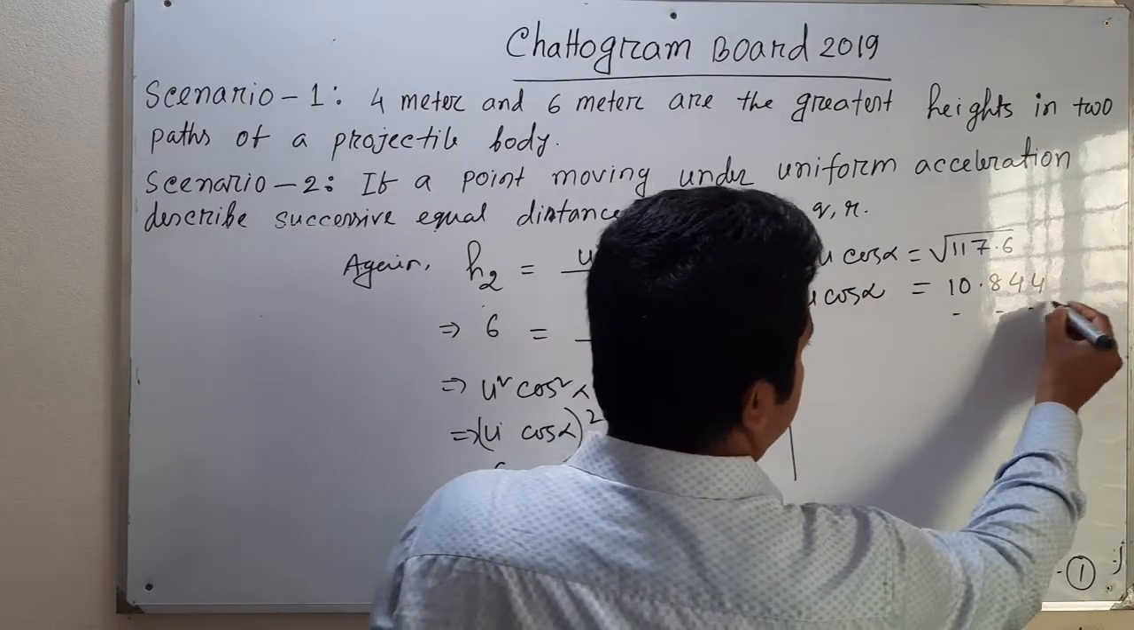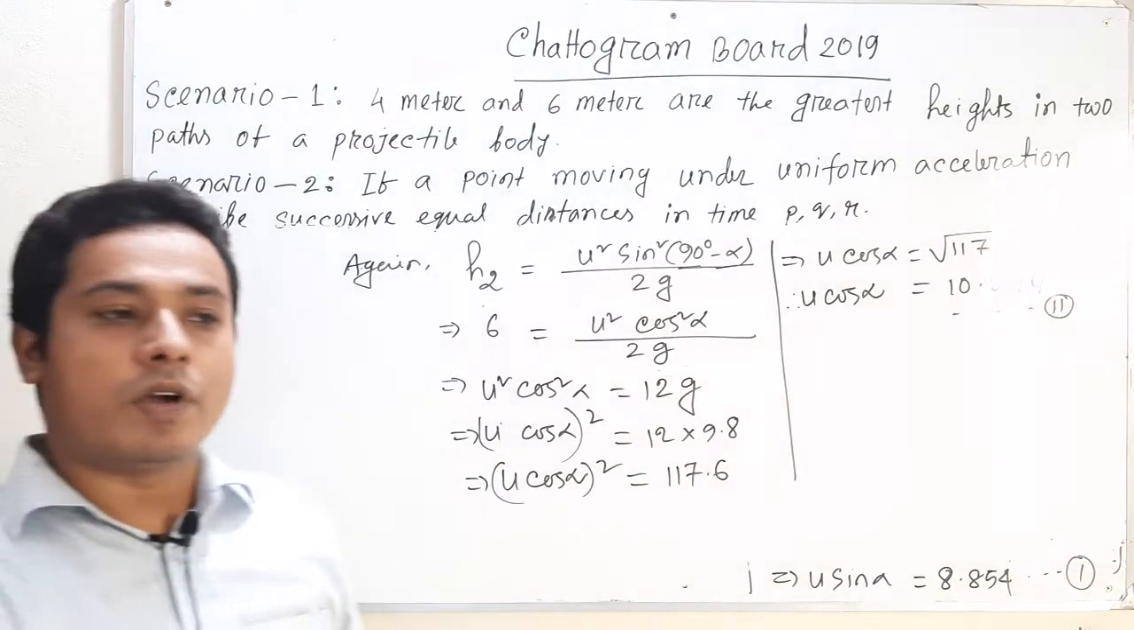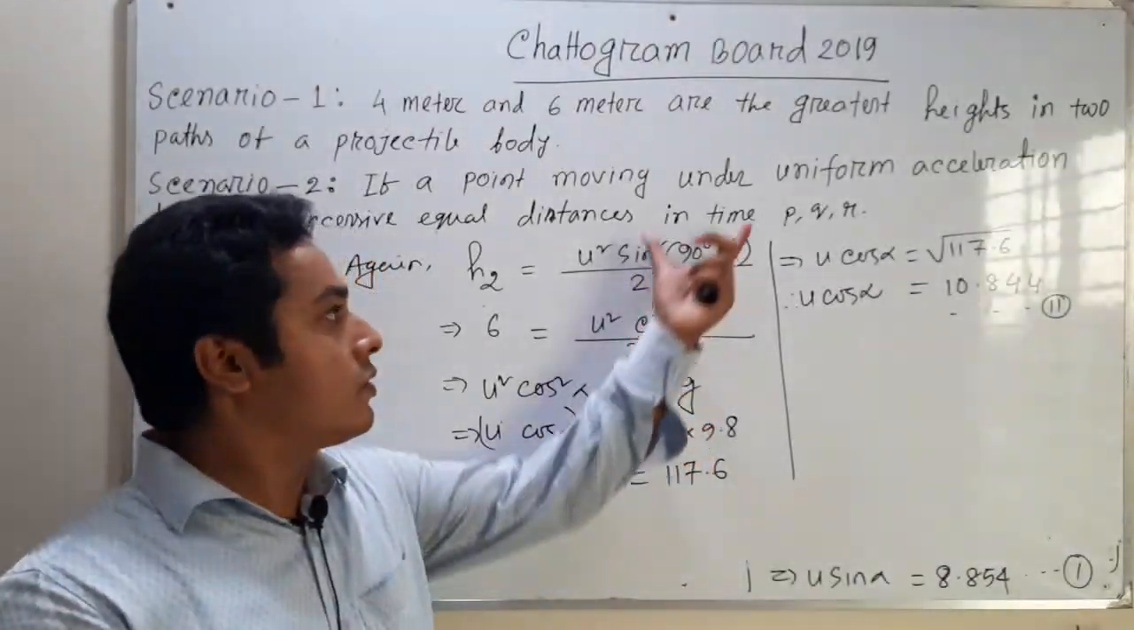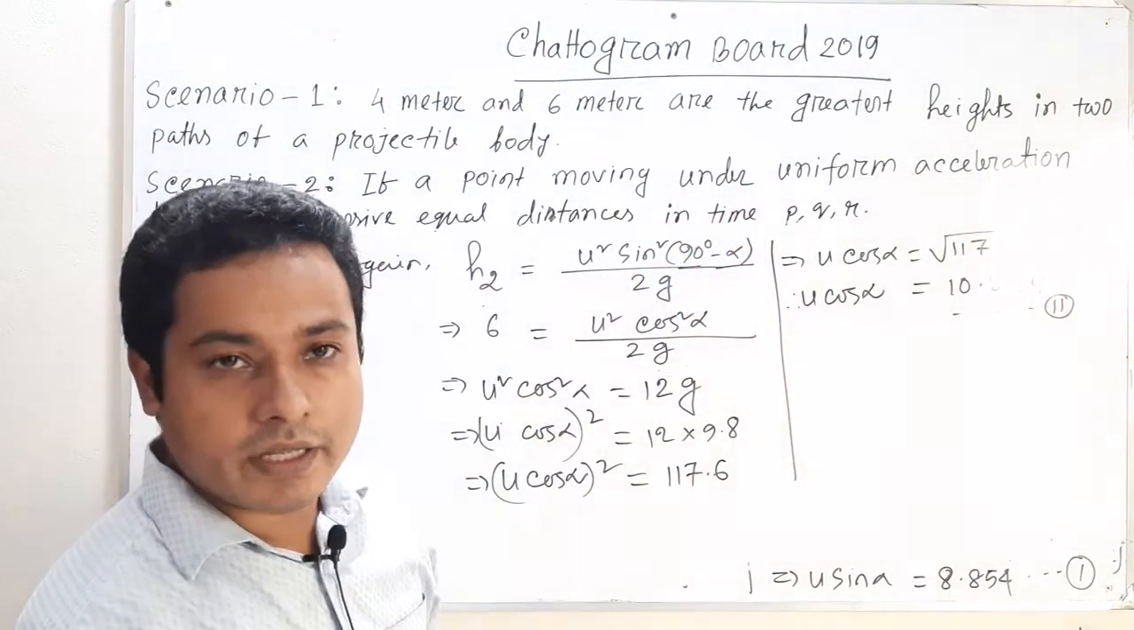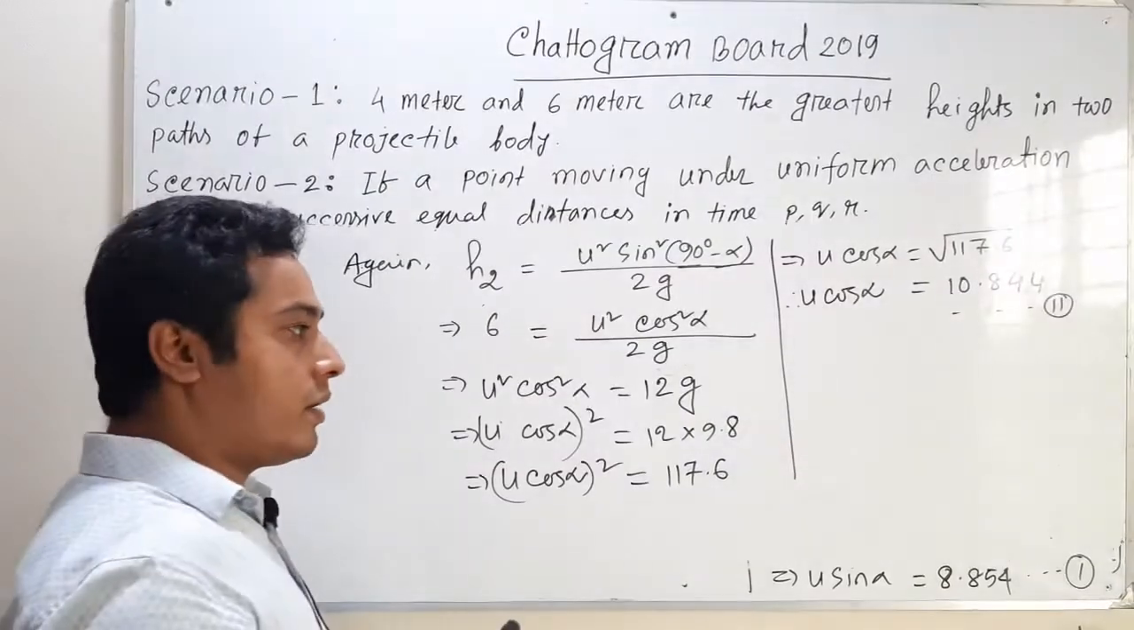Okay, this is our equation number 2. Now we have to find out the value of range for the two paths of projectile. The same horizontal range will occur. If the same horizontal range occurs, then we know that horizontal range